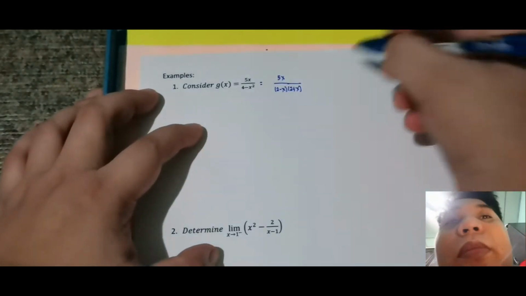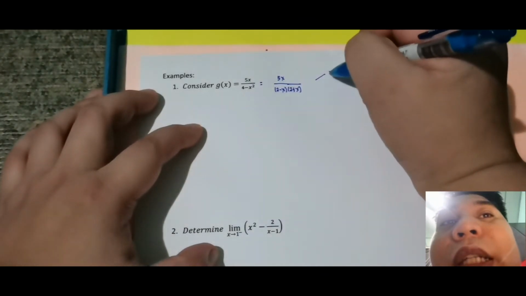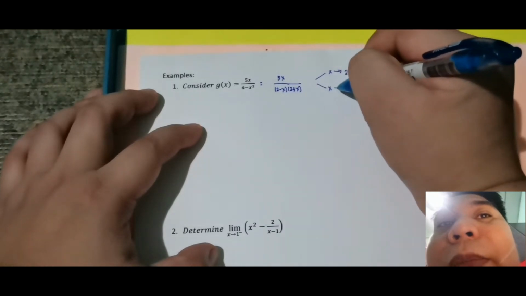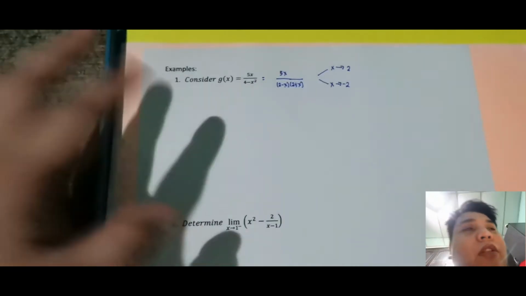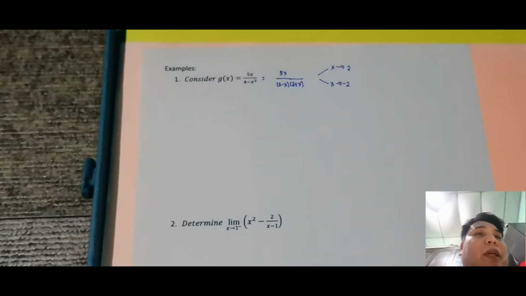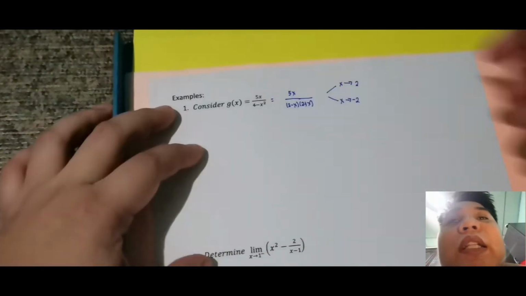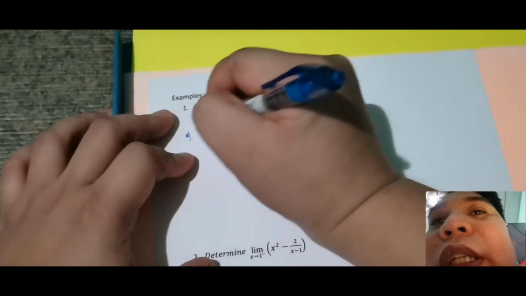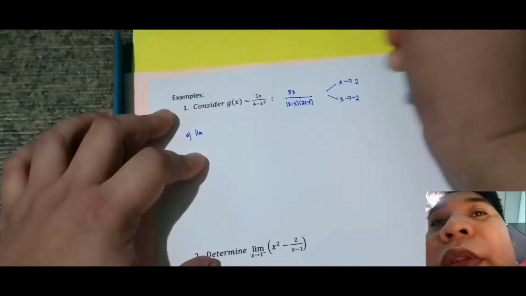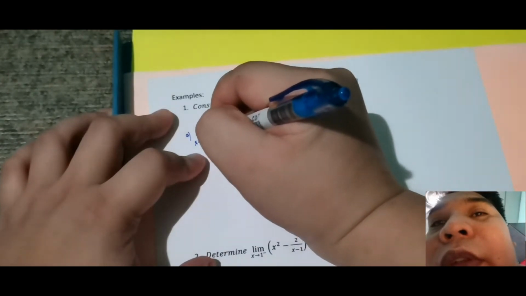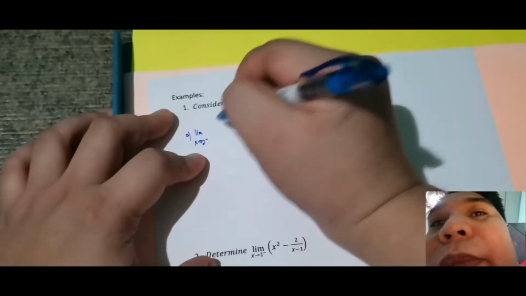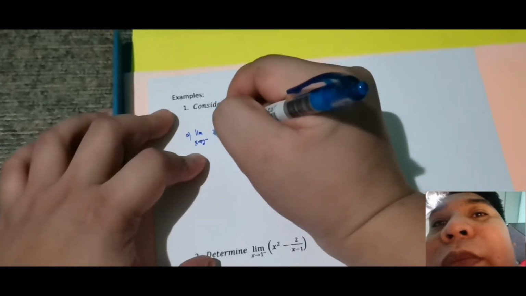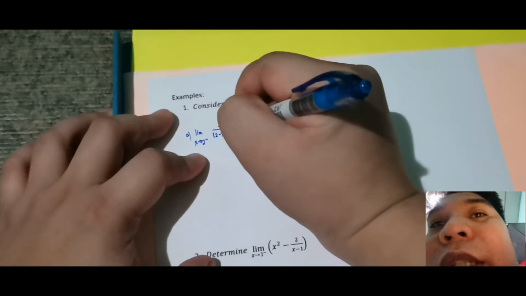Okay, so there are two possible values: x approaches 2, and another, x approaches negative 2. Then we take to the left and to the right. So that we can see better, let's check the limit. So for letter A, the limit as x approaches 2 to the left of 5x over 2 minus x